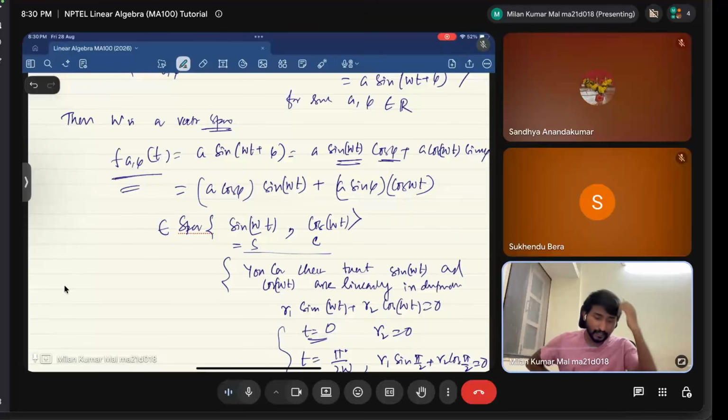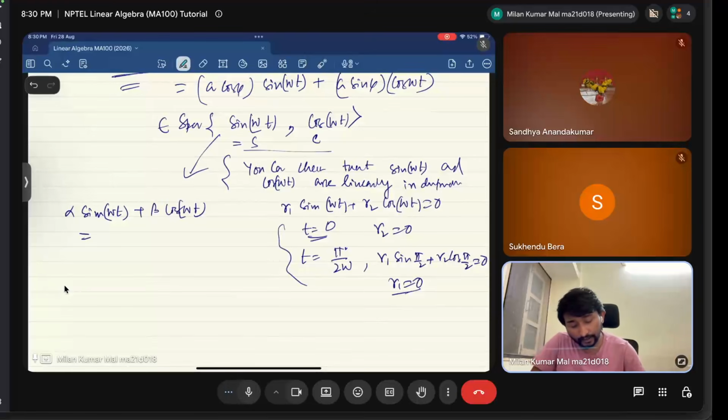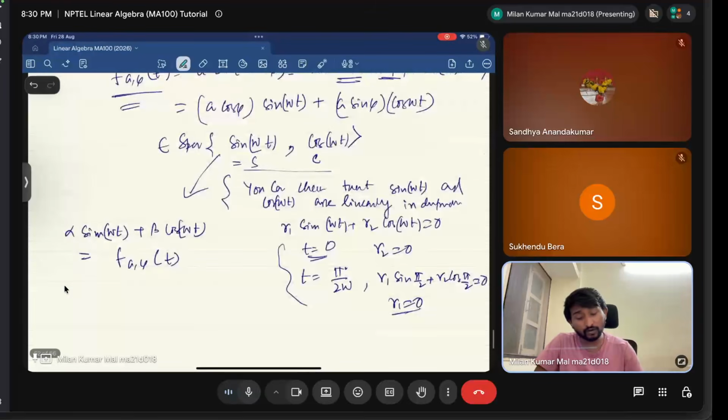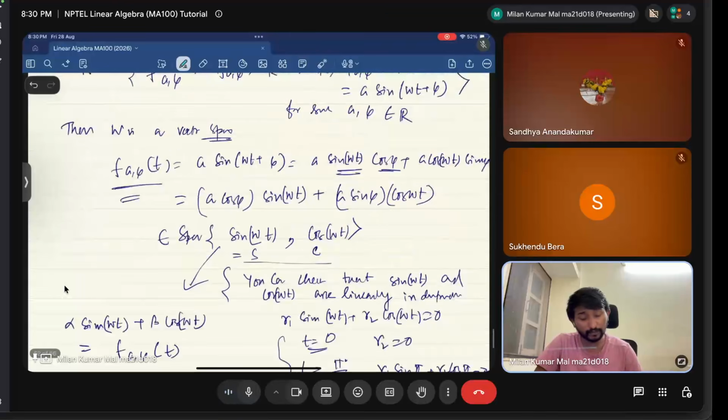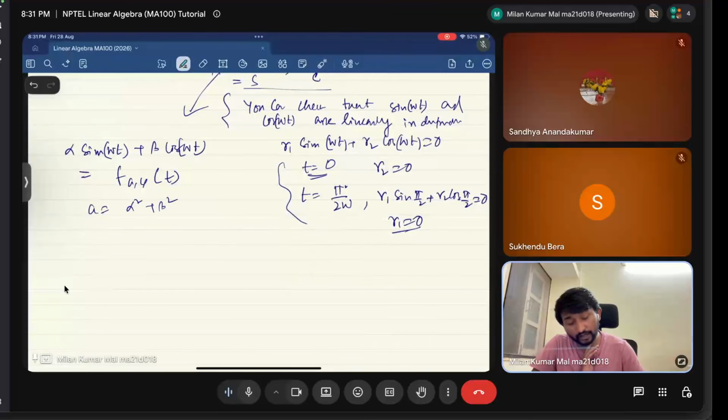Conversely, if we take any linear combination of these vectors like alpha sin wt plus beta cos wt, then that can be written in the form f of a phi of t. That means the spanning set is also contained in the vector space W. What we can write is that a will be the square root of alpha square plus beta square, and phi will be